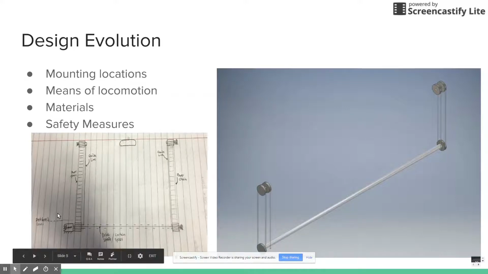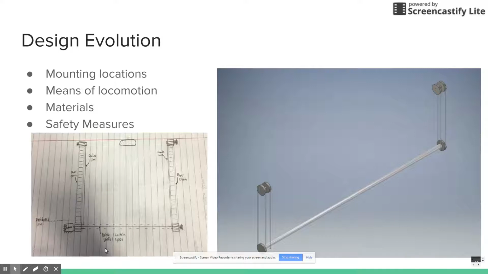However, within the past week, we have decided to move it above the dash, and this is for a multitude of reasons, but mostly due to the complexity of the electronics and different air conditioning vents and whatnot that lie below the dash. We didn't want to take apart someone's dash and then find out that we didn't have enough